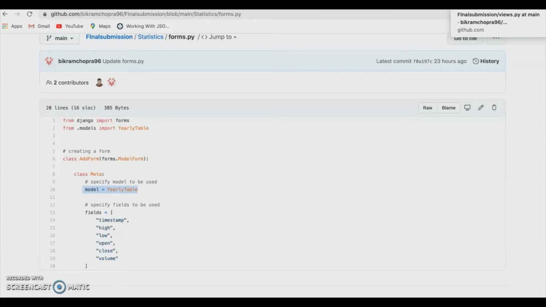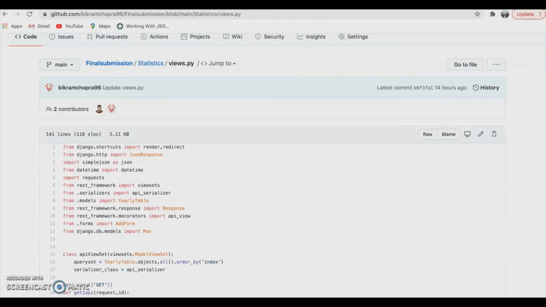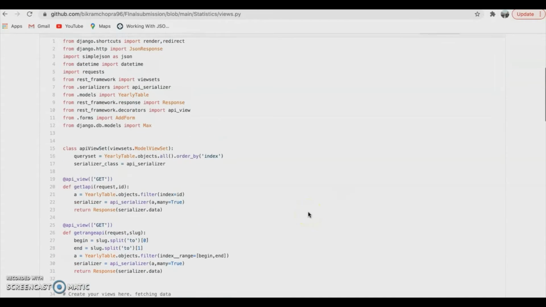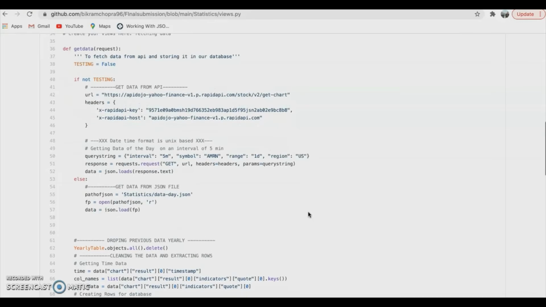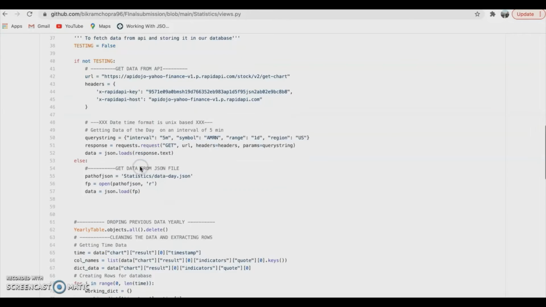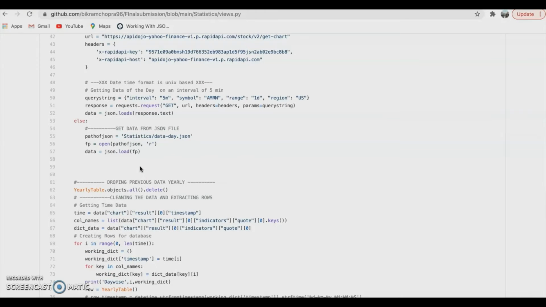Now coming to the very major part of our code, which is views.py. If we look at our views.py, first of all, we have to check how we are scraping the data from the web. We are using APIs here. This API is from Yahoo Finance APIs, for which we have used the key and all the major details.